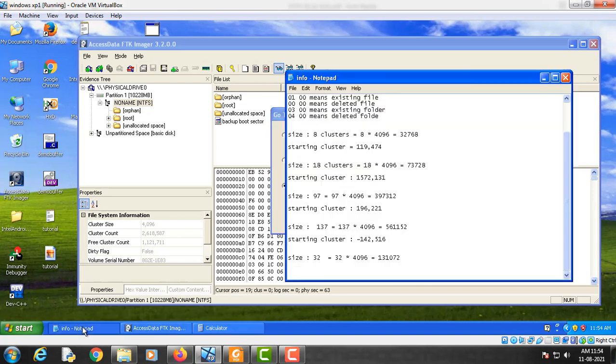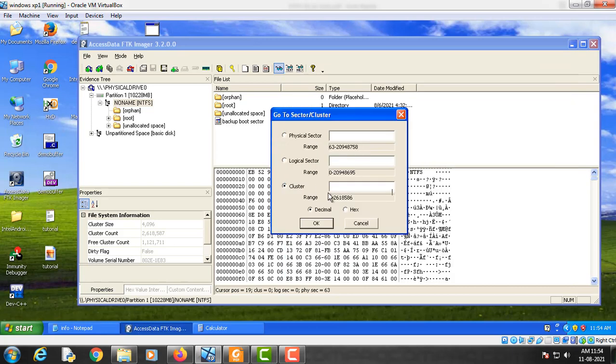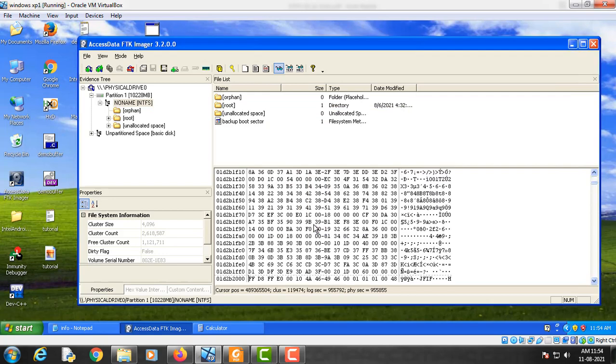So the starting cluster is this. We will copy it and go to this cluster. From this file signature we can easily tell that it is a JPG file and this is the starting portion of the file.